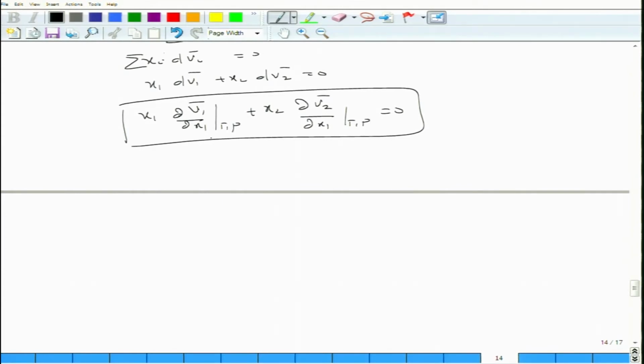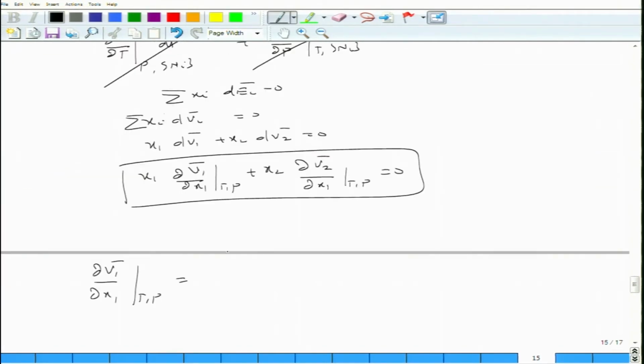Now, from here I can start deriving this. Let us say what is dV1 bar by dx1 at constant T and P. If you look at the expression for V1 bar, this is nothing but minus x2 by x1 times del V2 bar by del x1. We know del V2 bar,